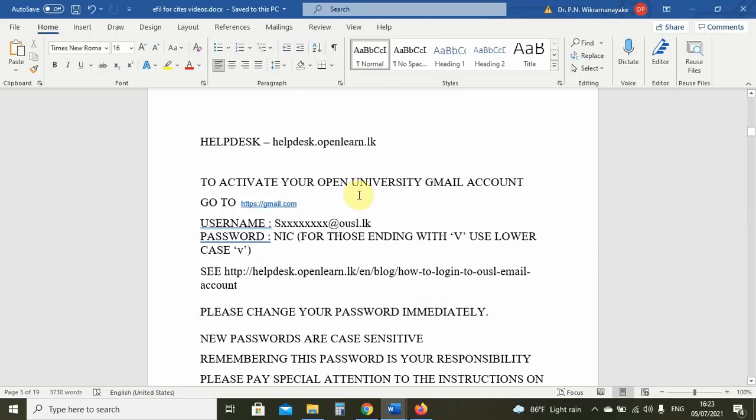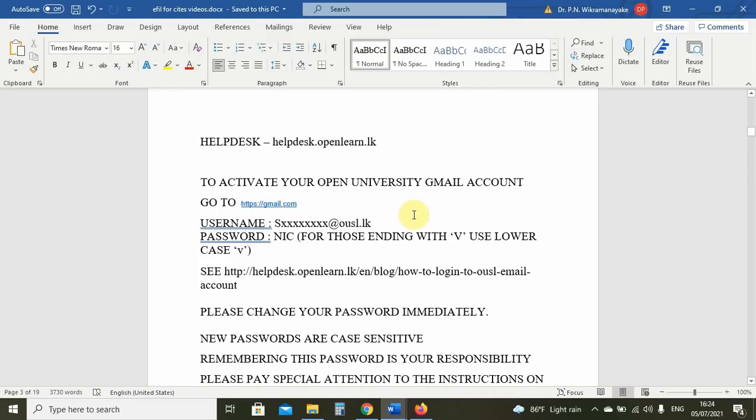Now to activate your Open University Gmail account, you have to go to Gmail, and your account has already been created. The username is your S number, which is S, case insensitive. That means that it doesn't matter if you use a simple S or a capital S here, and also in this part.